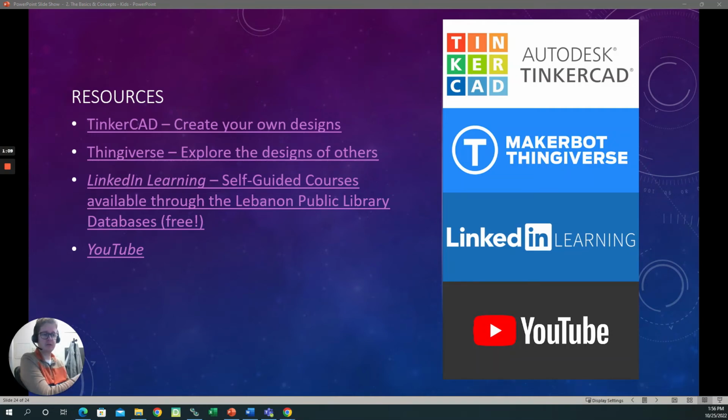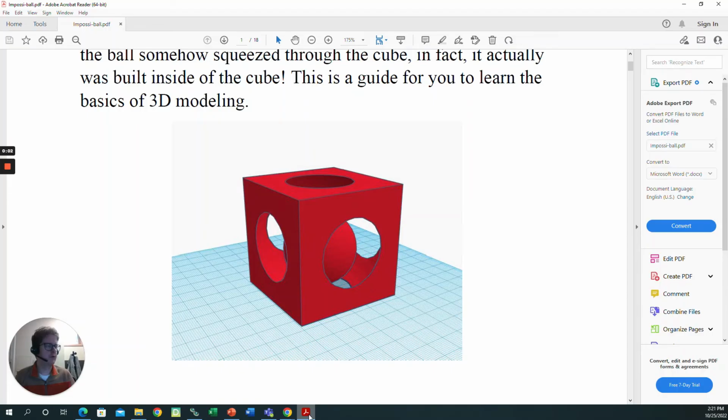Let's go ahead and try to make a fidget toy, and I dubbed this fidget toy the Impossi-ball. So let's see if we can make that together, and we'll talk about how it actually works. We're going to try to make this object here, the Impossi-ball. Basically, it is a cube that's been hollowed out, and you have a trapped ball inside, so it will rattle around, and you shouldn't be able to get the ball out of there